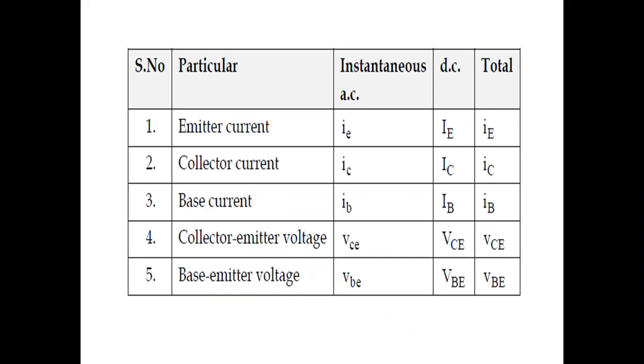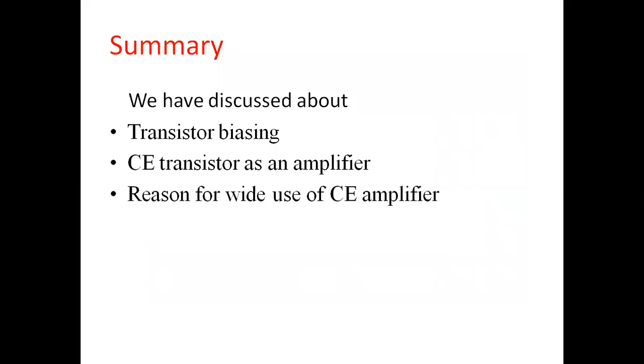Just have a glance on this. Instantaneous values are represented by all small letters only. Even in the suffix we are using small letters. Coming to the total, that is the sum of AC values as well as DC, if you observe the notation, the main parameter is represented by a small letter and the suffix is represented by capital letters. Okay. And moving on to the next one.